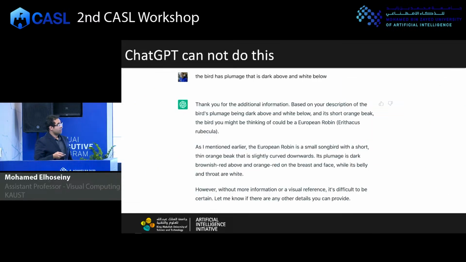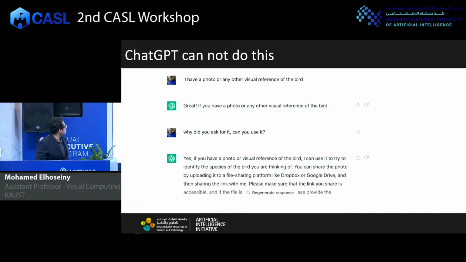And maybe you can pick this bird and get more information from a Wikipedia article or something. If you look at ChatGPT, I actually tried to simulate this kind of conversation with ChatGPT, and that actually doesn't work. It asks me to give a photo, and I told it that I have a photo, and asked why did you ask me to provide this information? Can you process it? And it started to say nonsense,